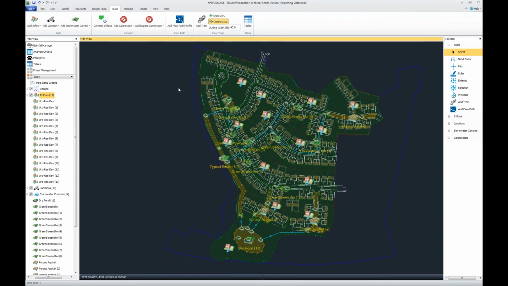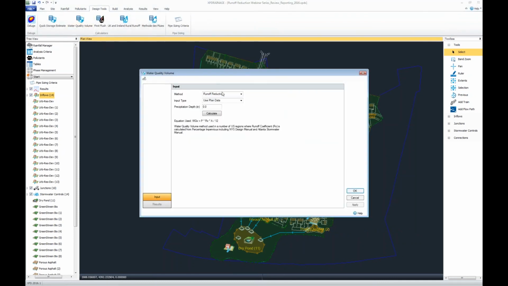So for small one or two facility sites, individually sizing is great. But perhaps I want to look at the runoff reduction for everything on my site all at once. I didn't get into the fact that we have a number of different ways you could do this. There's two different methods you could use. Runoff reduction is what's used all over, let's say, the Southeast, up through New York, Georgia. This really shows the formula right here, the standard way to do it. I could just manually type in something for the whole site as kind of a starting point